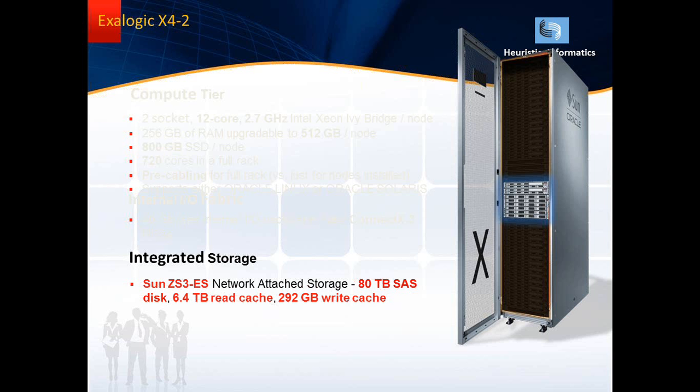I have a capacity of 80 TB of SAS disks, 6.4 TB of read cache and 292 GB of write cache. Then what is meant by this 80 TB of SAS disks? This storage has a disk shelf, which can be configured in a mirrored fashion. So even if one disk fails, it can be replaced. This is called a